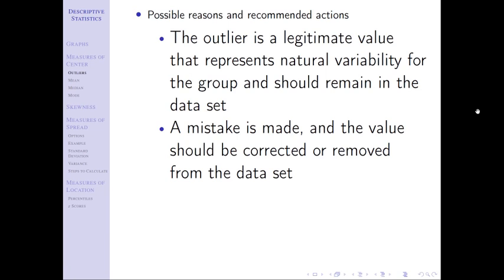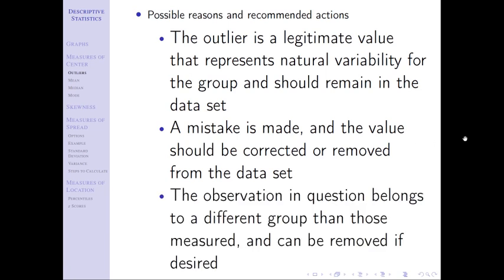The issue, and we haven't even got to the third one yet, but let's just talk about the first two. The issue is, how are you going to know which one's which, right? In this case, I could ask you, but in a lot of cases, we can't go back and ask the people who we collected data from. So it's hard to know between the two which one it is. And if I can't ask, then I can't correct. I could just remove. So now I have to make a decision. Do I think it's an error and I just want to remove it, or do I want to say it's just natural variability and leave it in, right? And I don't really know how to handle it. We haven't even got to the third one yet.